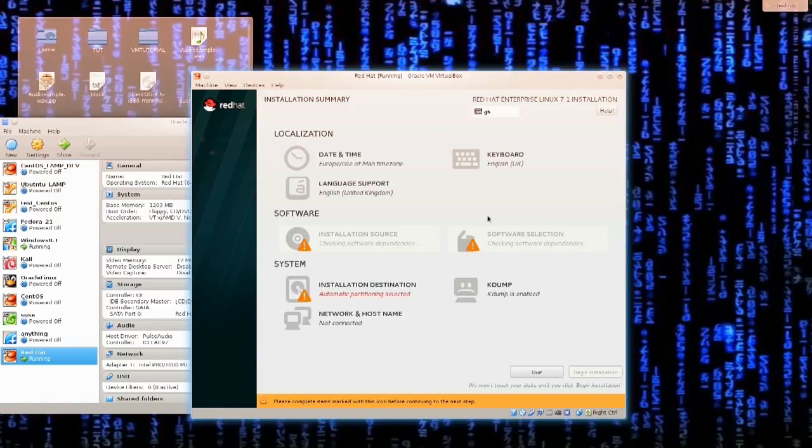Checking for software dependencies. This might take a while. And now we have installation source. It's checking for software dependencies. Excellent. It has found both. We don't need the additional CD. If you selected perhaps some other options, perhaps you would need it, but not in this particular case. It says installation destination, automatic partitioning selected. Okay, let's go